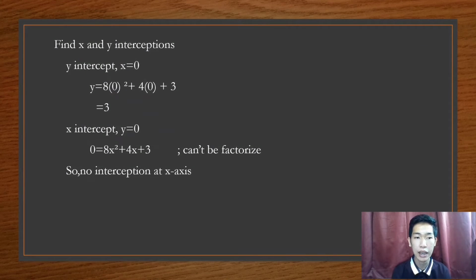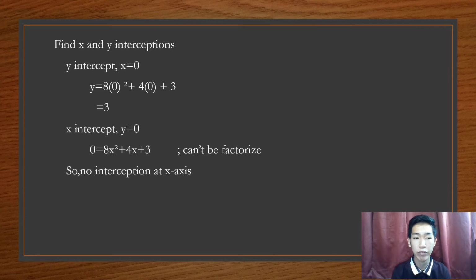Now for the y-intercept, x equals 0, y equals 8 in bracket 0 power of 2, plus 4 in bracket 0, plus 3. So we will get 3. Okay, now for the x-intercept, we will substitute y equals 0. For the equation, it cannot be factorized. So no intersection